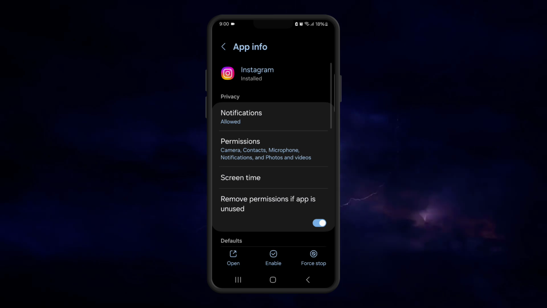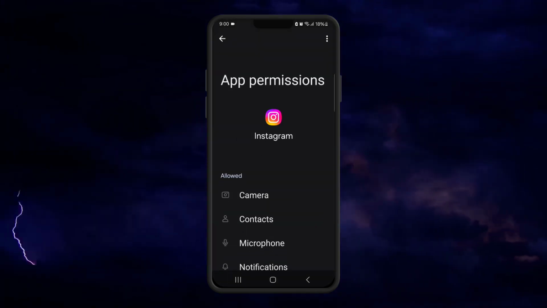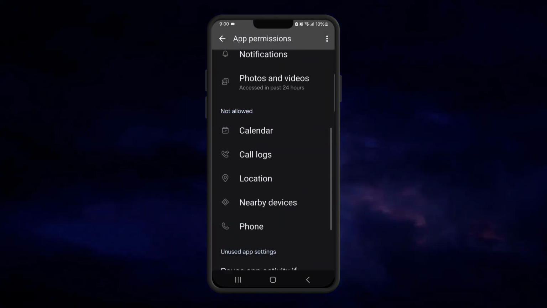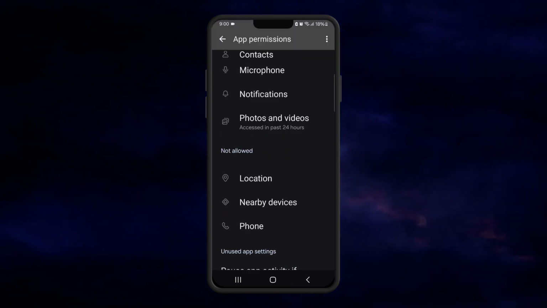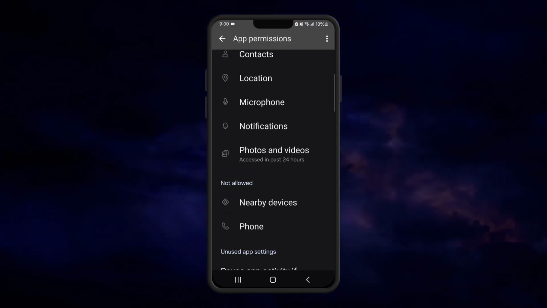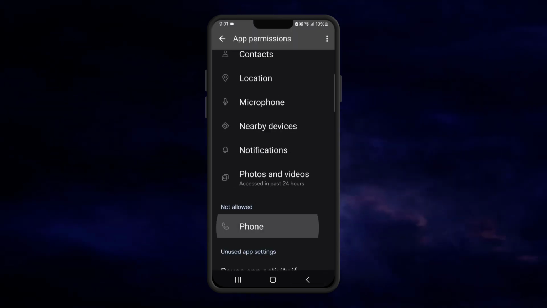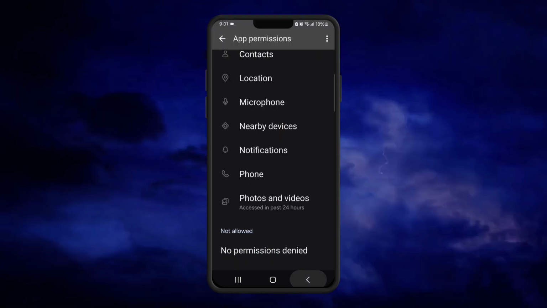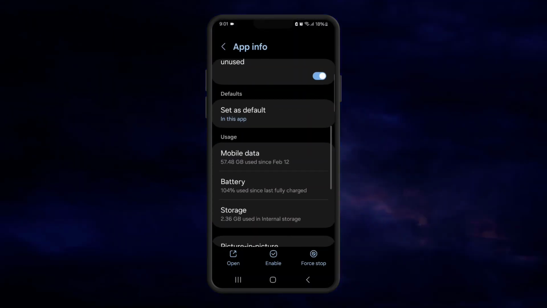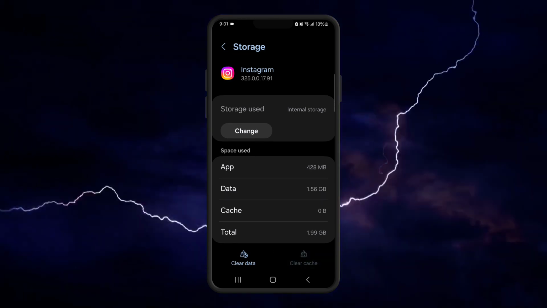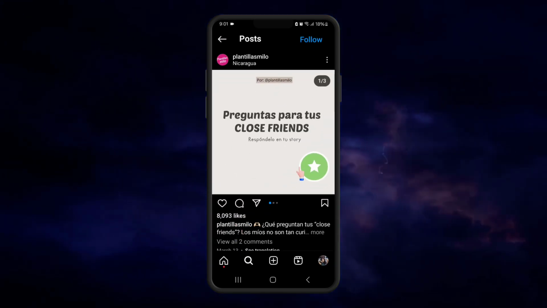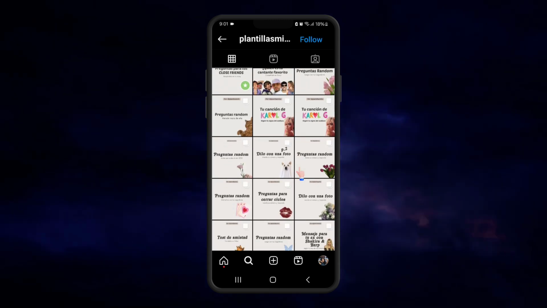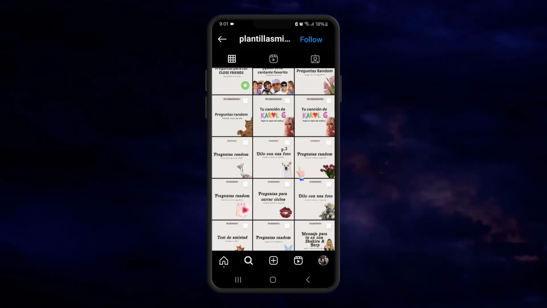Okay, we can see the app information and go to permission, and we verify the permission, all is activated, and we go to storage. In storage we can see the option to clear cache. Go to Instagram now, and if you